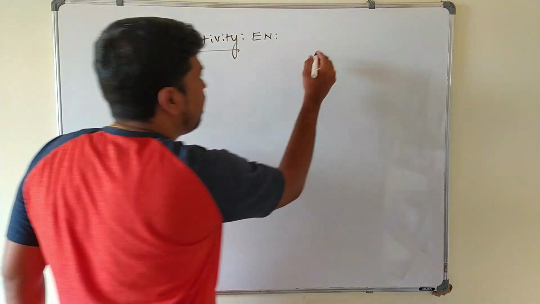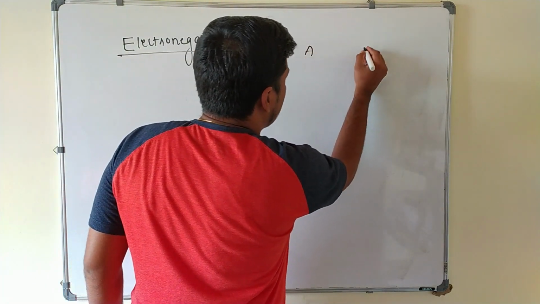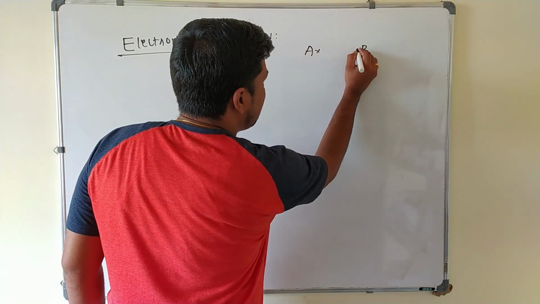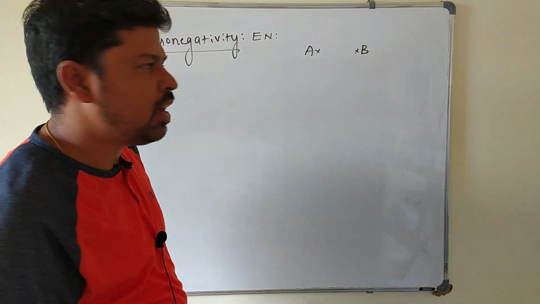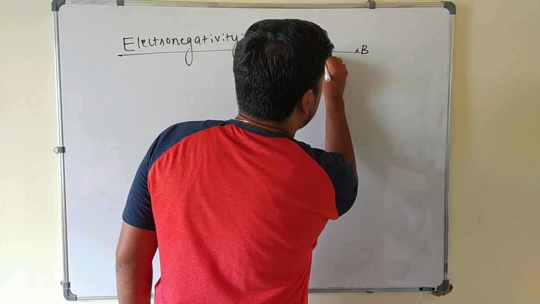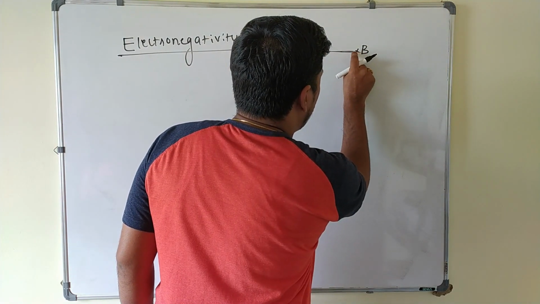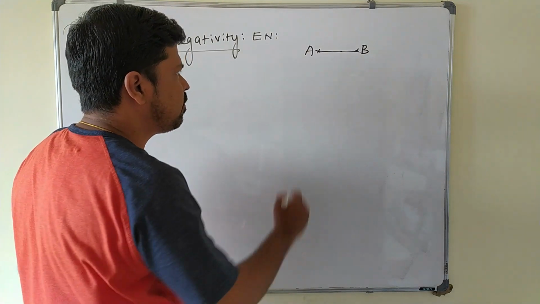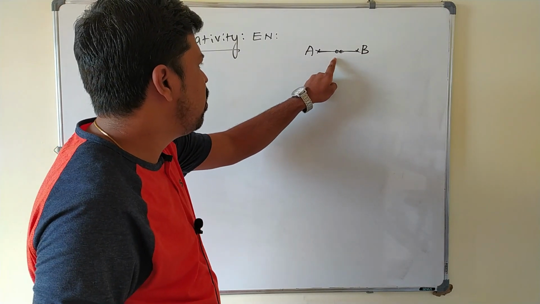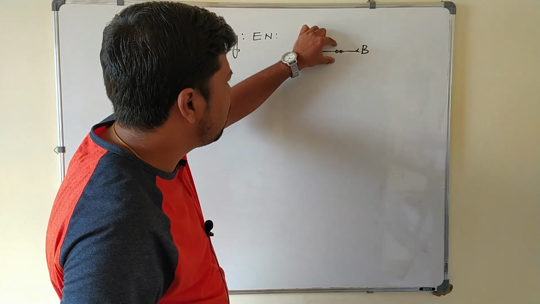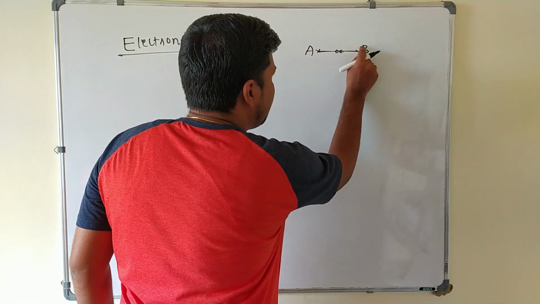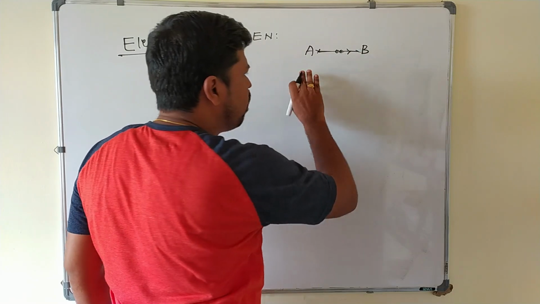What is electronegativity? We know that suppose a covalent bond is formed between two dissimilar atoms, A and B. A has one unpaired electron, B also has one unpaired electron. These two atoms undergo mutual sharing of electrons to form a single covalent bond between them. Once the bond is formed, these two electrons are present in the bond. This bond belongs to A as well as B, and now the two electrons are called the bonded pair of electrons.